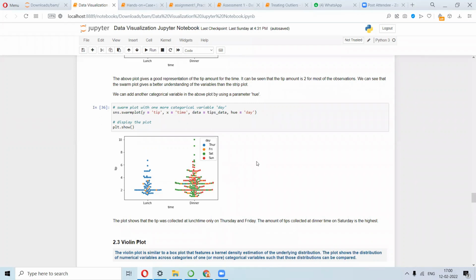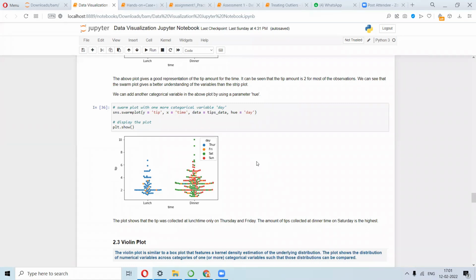If you want to notice the pattern, the pattern is already there in the data, and it should also be somewhere in your mind. So you just have to correlate between the two, and then you get the actual truth about observing the data set. The tip is more on Saturday and Sunday, yeah, that is there, of course. That is evident from the graph.